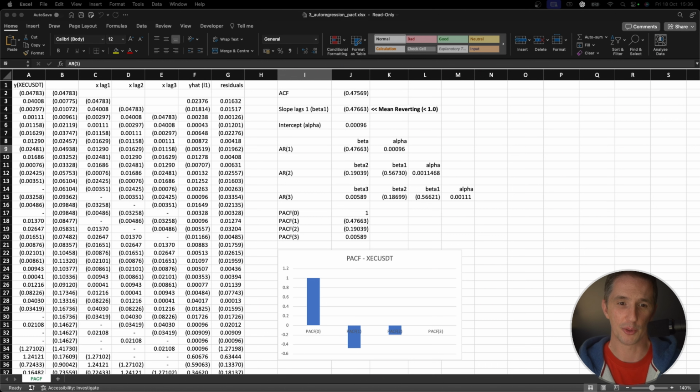So we're going to perform auto-regression, learn about regression, what is regression, how to estimate parameters that can help us understand the relationship between different variables that we want to use or different data sets that we want to use. And then from there, calculate partial autocorrelation just to tie in nicely with the last session as well, so that